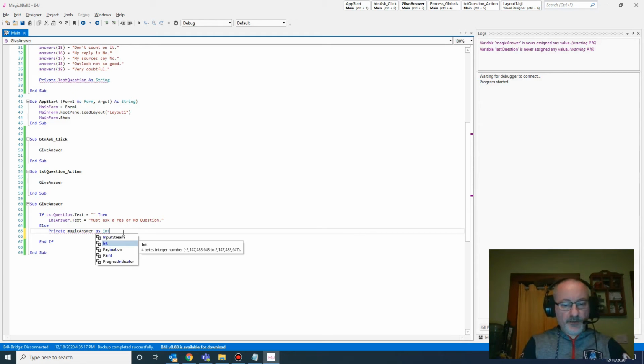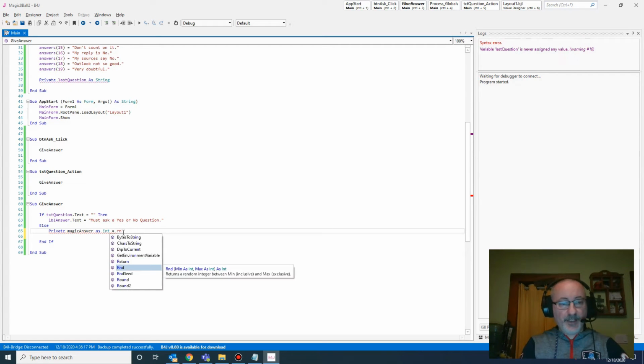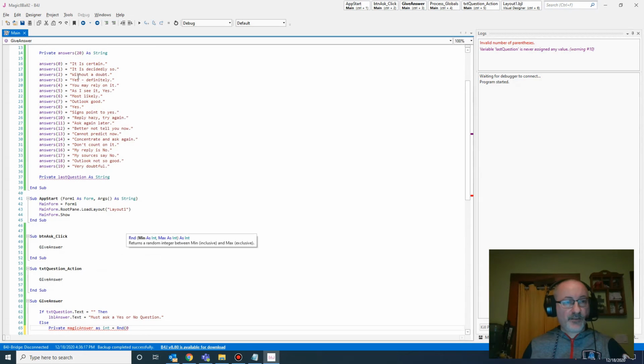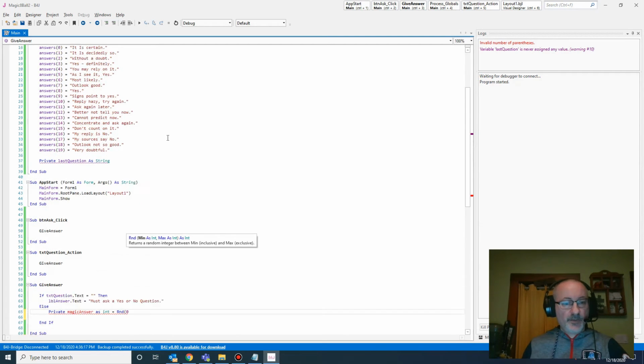So as an integer, and now we can actually assign it a value right now. So we're going to assign it a random number, RND, random, put parentheses, and so we need to give it a minimum value and a maximum value. Now the minimum value is included in the results, and the maximum value is excluded. That's important. So the first value we want to give it a 0, because 0 could be one of the answers we got, because you can see the index starts at 0. So we need 0,